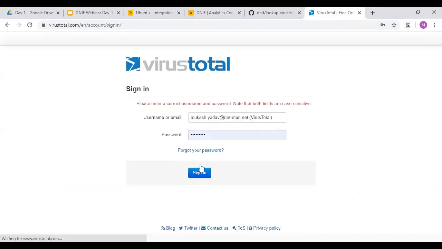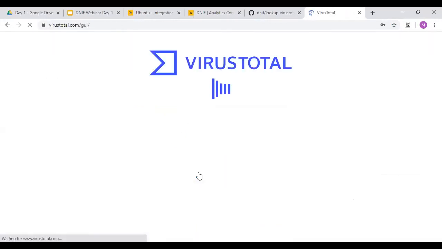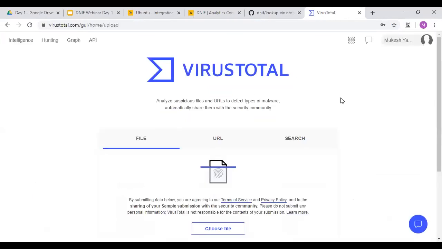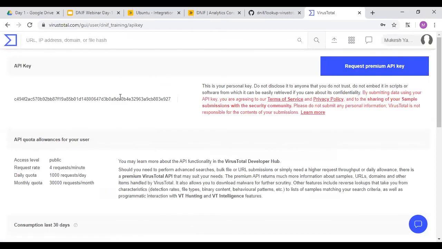I have only just registered, and after registration you can definitely get it. It doesn't take much information, just your email ID and some description. You can go over here and see an API key for this email ID. You have to put it over there.